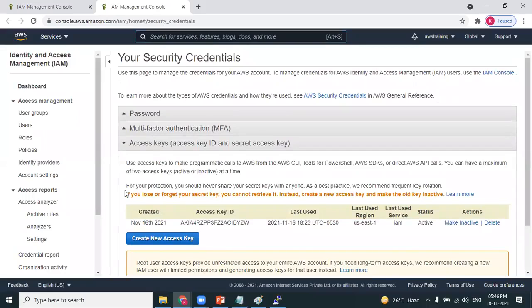Access keys. I'm pausing the screen because these are very important. So I want to deactivate this. I want to create a new key. The new key is created. I am pausing the screen because these are very, very